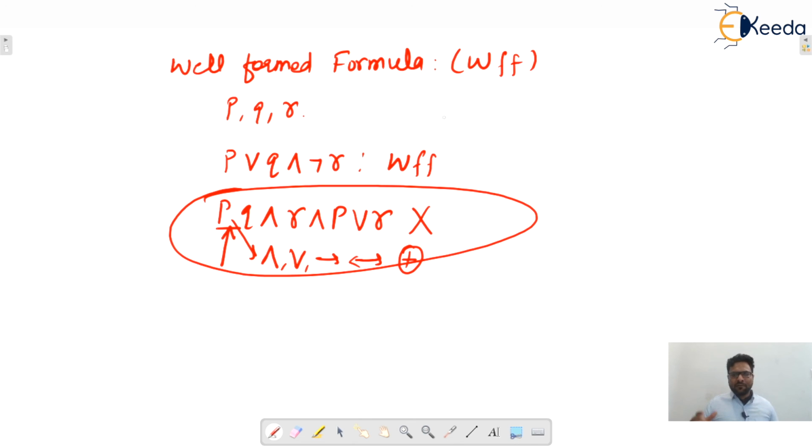So we can say that every valid logical expression is a well-formed formula. Valid means the sequence of operators and operands is correct. I hope this one is clear to everyone. Okay, so that is all about tautology. You can see various questions in previous GATE exams based on tautology, contradiction, and contingency. So that is all about logical equivalencies.